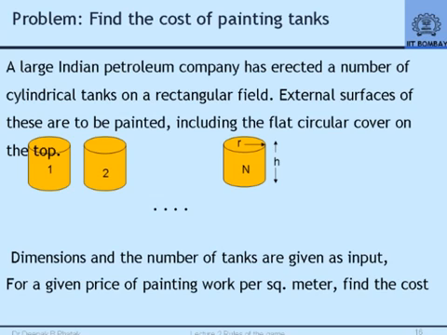The painting cost is always specified in terms of the area to be painted, because that is the amount of work that I will have to do. So, let us say per square meter, per square foot, whatever, that is the rate at which I am prepared to paint it. Given that they are cylindrical, I wish to calculate the total cost. So, what is given to me as input is the dimension of the tank. The relevant dimensions for calculating area are the height of the cylinder and the radius of the circular portion. Okay. For a given price of painting per square meter, find the cost. That is the problem.